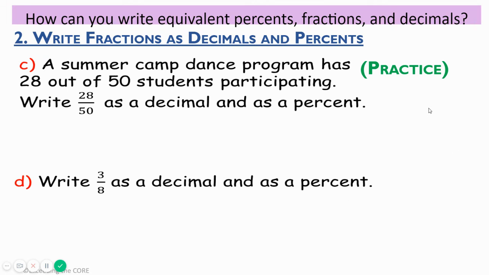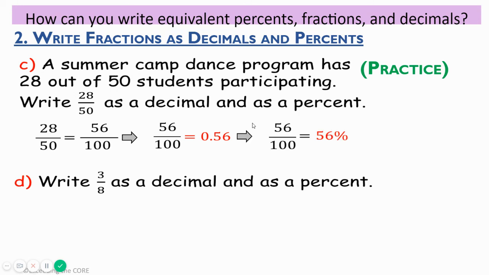All right, a couple more examples if you want to pause and try these out, and then I'll go through them. A summer camp dance program has 28 out of 50 students. Write 28 fiftieths as a decimal and as a percent. If you notice 50, we can multiply this times 2 to get to 100. So we would also multiply 28 times 2 to get 56 over 100, which would be 0.56, or 56 hundredths,